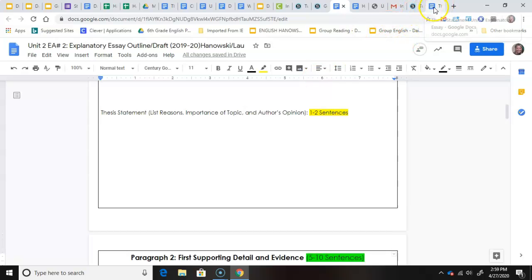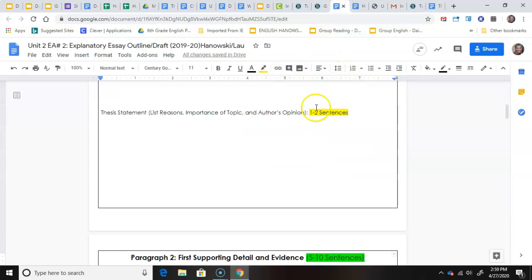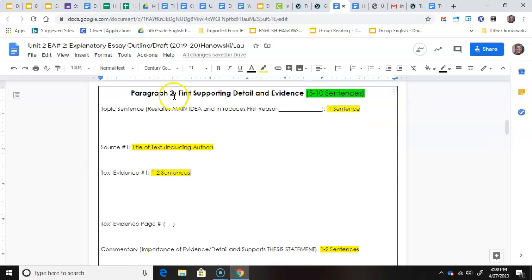And again, this thesis statement is just people can enhance their lives through observing and interacting with animals. And then you say because, by, whatever and list your 3 reasons. And then in your outline, right here at the top of paragraph 2, 3, and 4, it tells you right here there's a reason. It's a blank line. That's because I want you to fill in the blank line with whatever the reasons you put up here in your thesis. So when I go to grade tomorrow, I should be able to easily grade your paper because you have your reason here and I can say, yep, this is all about companionship. That makes sense. Okay, because this is all your stuff you're going to put into your paper that you're working on today.